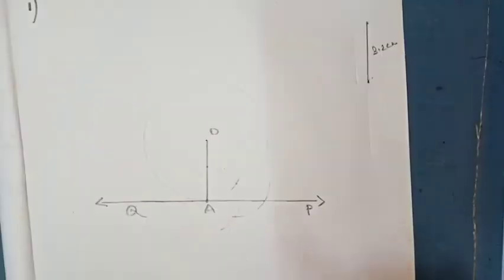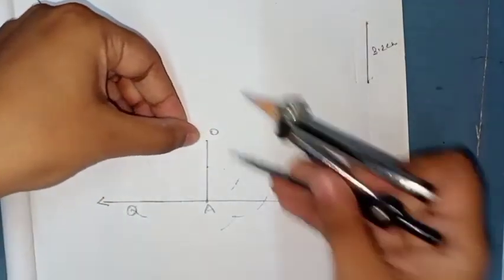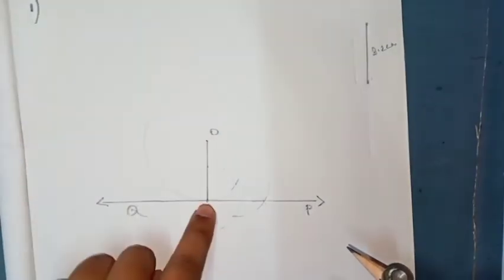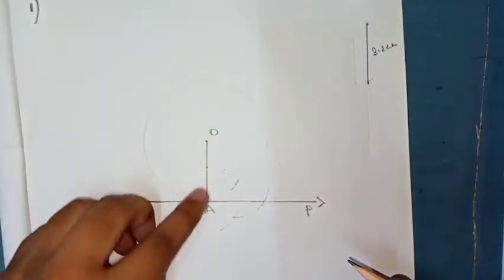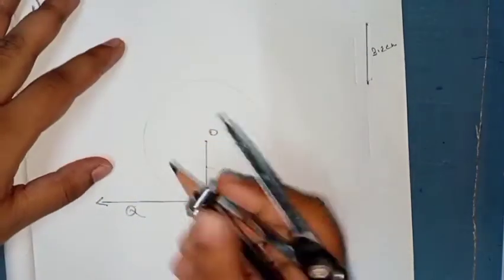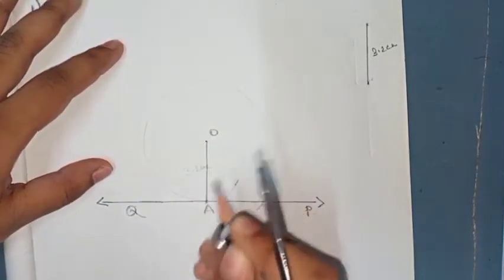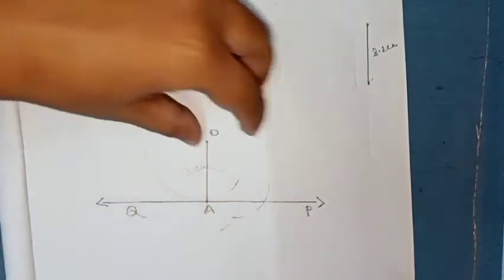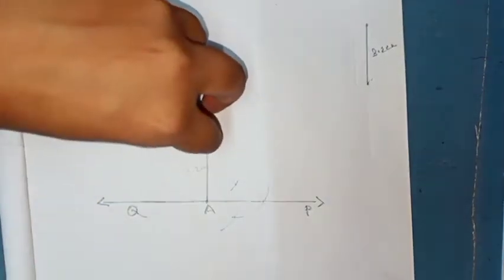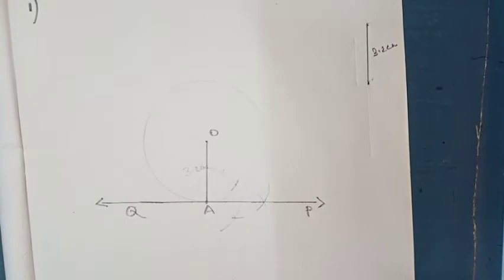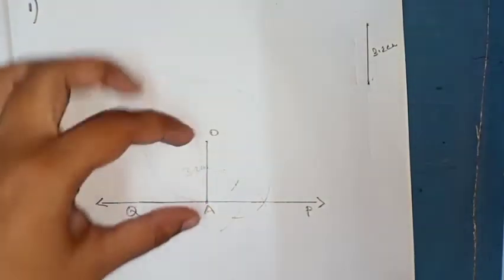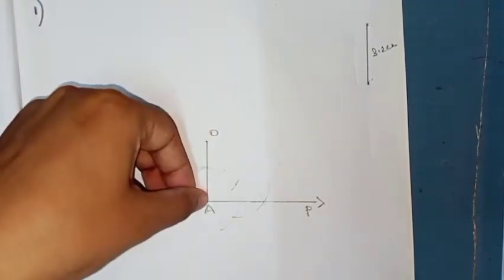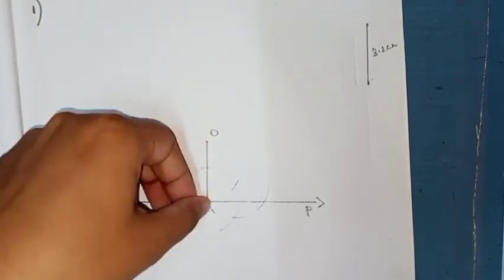Okay, after that what I have done, from the compass point, I am drawing one straight line on the circle. After that, this straight line is nothing but 3.2. Why? Because it is also the radius, because see, it is coming from the center and touching the circle. It is also radius. So when the external point distance is not given, at that time what you will do, you will just join the compass point up to the touching point of the circle. So you are drawing this one.